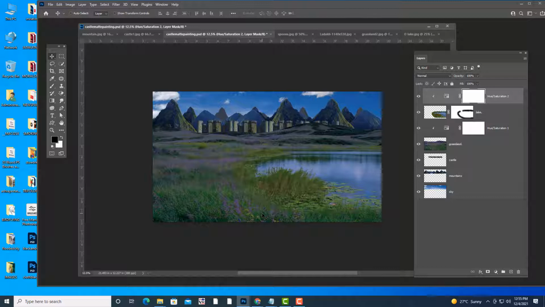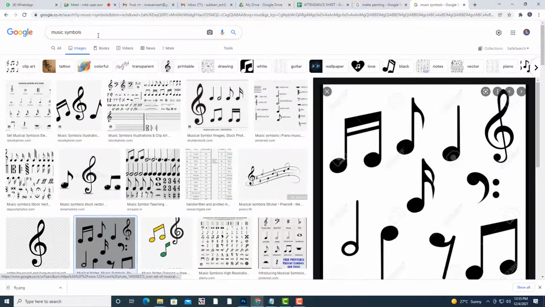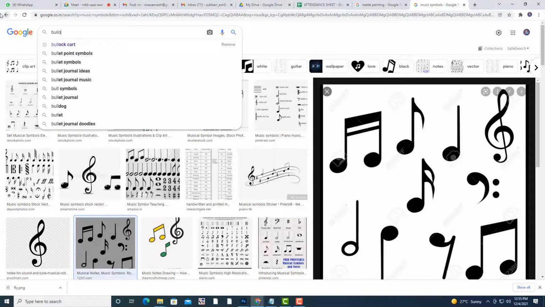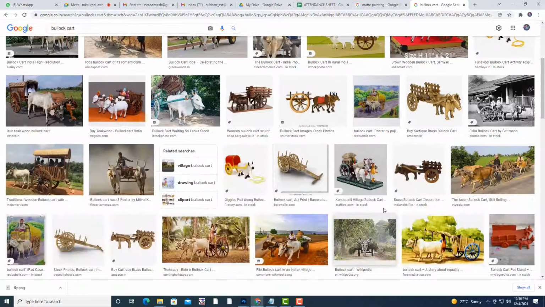You can put car or horse or cart. Okay, bullock cart is better. Okay, we'll see. Where is bullock cart? Let us take a bullock cart and check. So we want only bullock cart, okay? So we don't want bulls, only bullock cart we want.